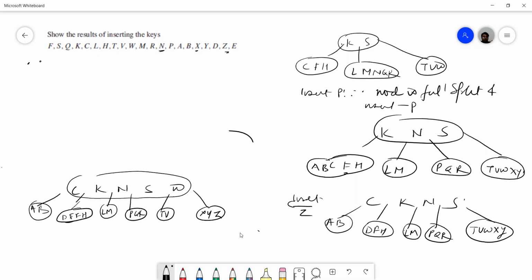Okay, so I hope it is clear, class, how to insert. Yes, sir. So it's simple. You can practice; old numericals are there, or maybe I will give you some more practice. Practice the same data, you can note it down, for t equal to 2. T means minimum degree. So minimum degree is equal to 2, then maximum degree will be equal to 4, and the tree will grow more. So that will be a good question.